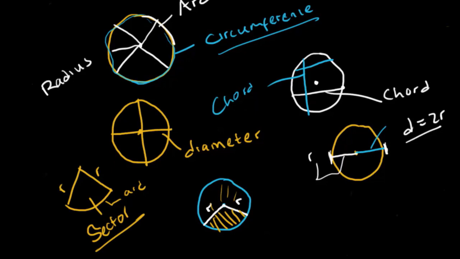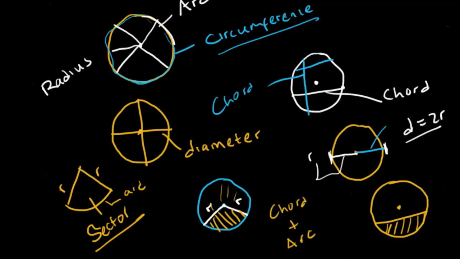Now the last thing I need to show you is what we call the segment of a circle. If I have a circle, and this is the middle of the circle, and I have a line that passes from one part of the circumference to the other part, remember, we call that the chord. Now this here is a segment. So if a sector is two radii and an arc, a segment is a chord plus an arc. Does that make sense? Sector is two radii plus arc, while segment is chord plus arc.